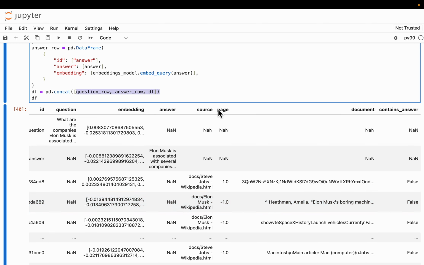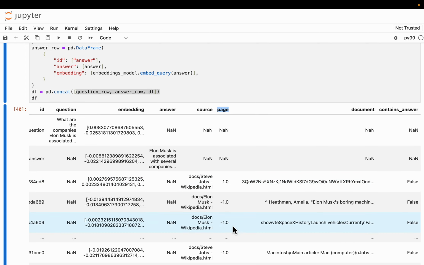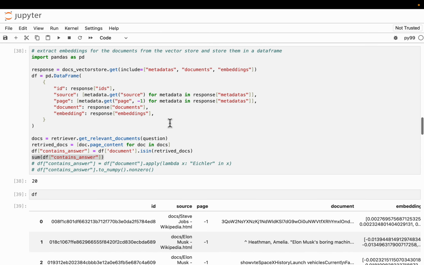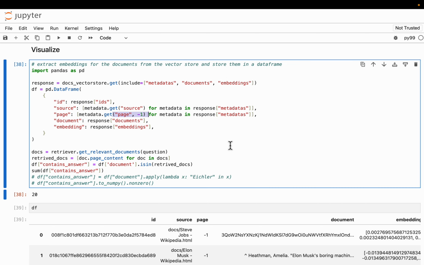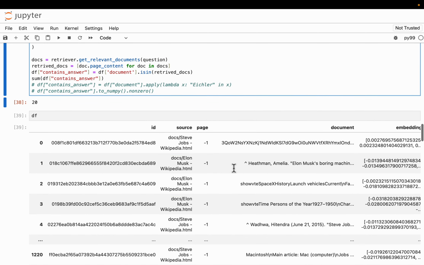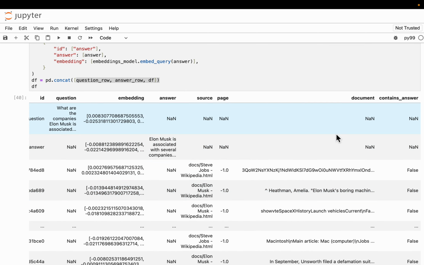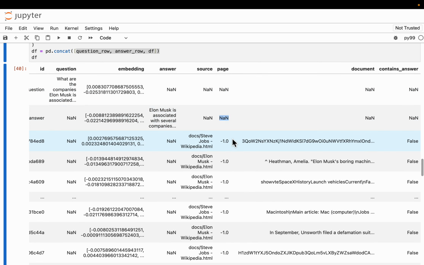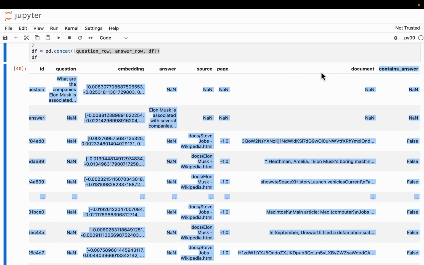Okay, and this page is set to -1 for all the documents from the vector database except for our question and answer. Okay, so if you look here, the page will be none for our question and answer record. For the rest, it is -1. When we visualize, you will see how we make use of this page, as well as this contains answer, to visualize. Okay, so once we prepare this data frame,